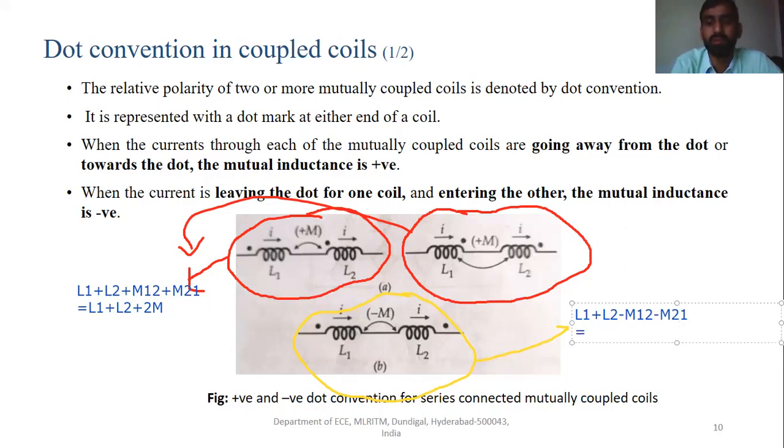So if you say M12 is equal to M21 is equal to M, then L1